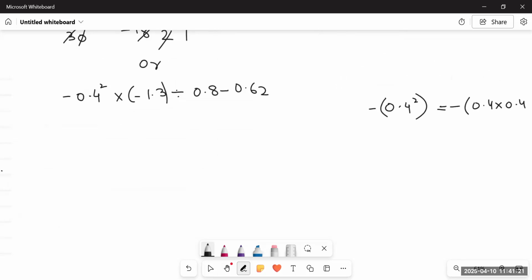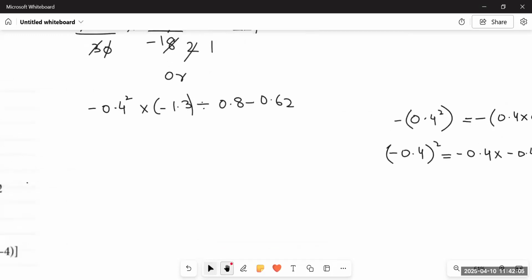This minus sign would be applied later because this minus sign means minus 1 multiplied by 0.4. Multiplication is applied later on, after applying the power. And if the number would be like minus 0.4 to the square, then it would be minus 0.4 multiplied by minus 0.4. Why is it very important? Because it impacts your final answer. How it will impact your answer, I'll show you at the end. So what do we have to do? We have to apply the BODMAS rule, since there is multiplication, division, power and minus sign all together.